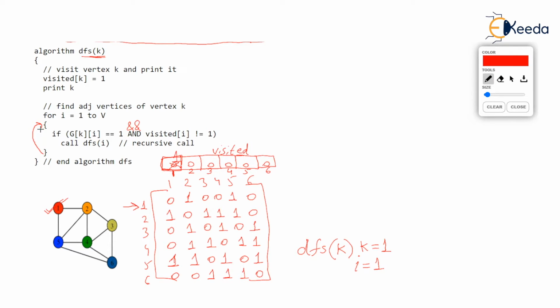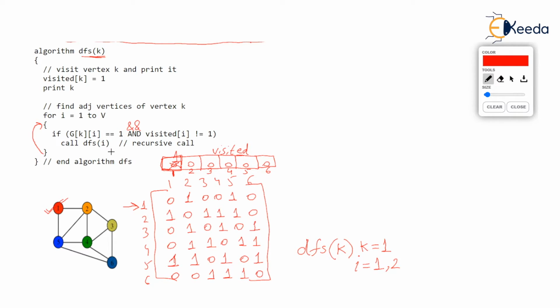So what happens is, in the for loop, i becomes 2. For i equal to 1, nothing happened. Now i is 2. When i is 2 here, we will check the condition again. The condition is if g 1, 2. I am doing nothing but replacing the values of k and i. Observe, k is 1 and i is 2. So is g12 equal to 1? Yes, of course. G12, observe the matrix. G12 is 1. That indicates that 1 and 2 are adjacent.